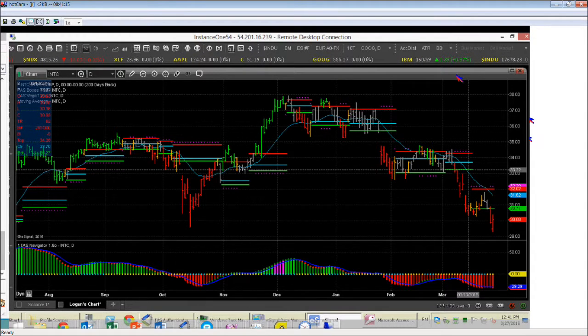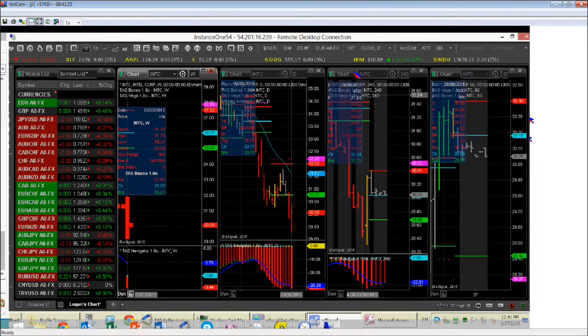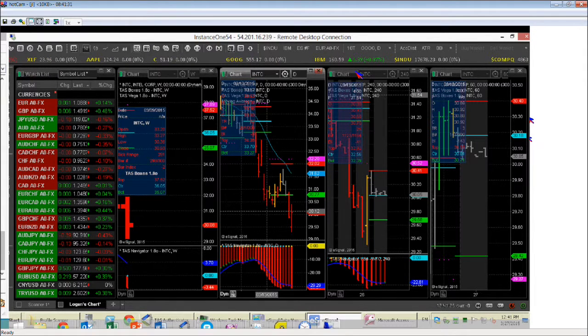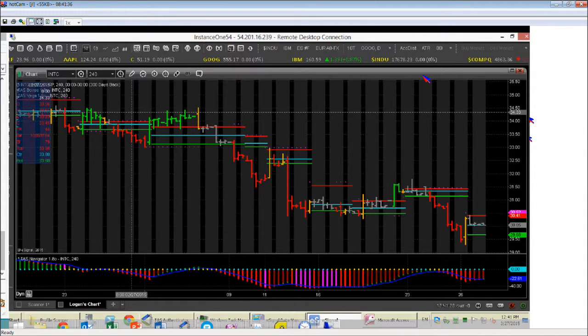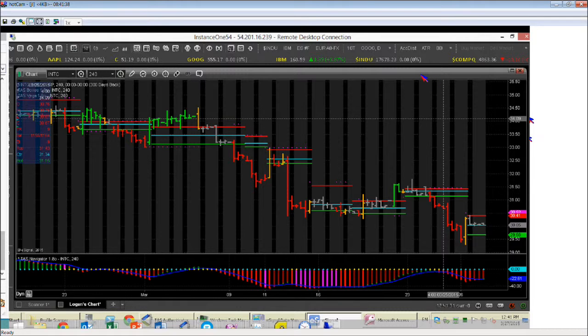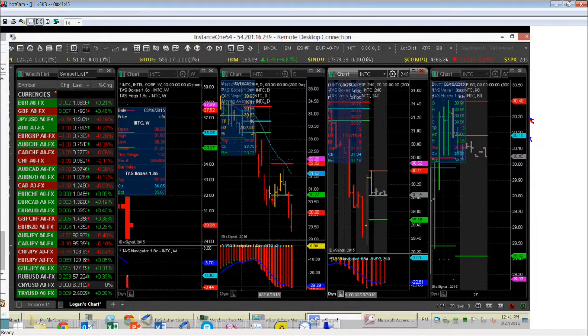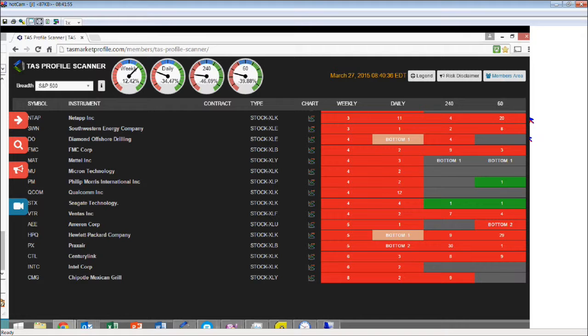But now, is this thing on sale? Here's the weekly. If you're going to tie up your brain cells to try to find things to buy, you more than likely can opt out on this one. There's not a lot to grab onto down here. And Intel, this is a 240. We talk about the regulation of the trade down. This is a great example of why not to buy Intel and why you shouldn't have bought Intel. And it's still not an attractive opportunity. So if you're in it as a long-term investor, I don't know if you can't save some bucks by getting out of it now and getting back into it later.